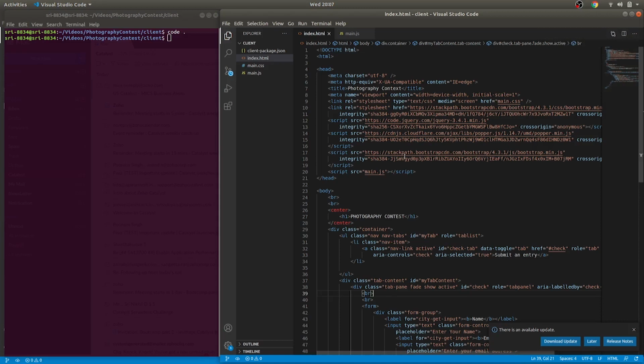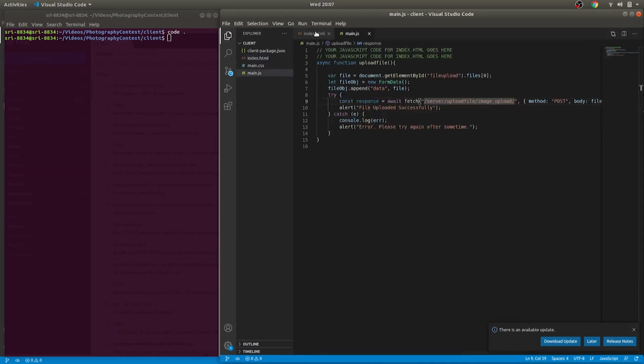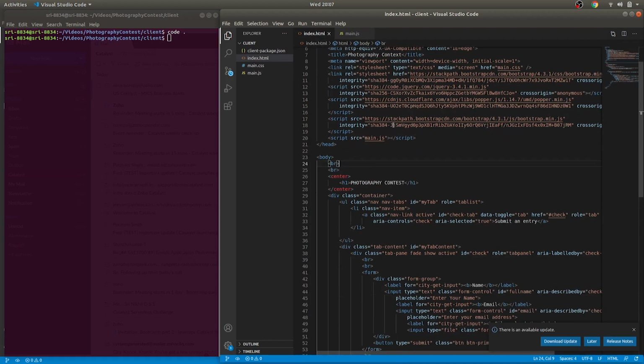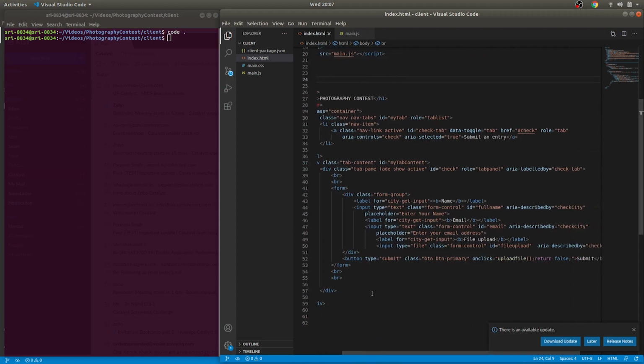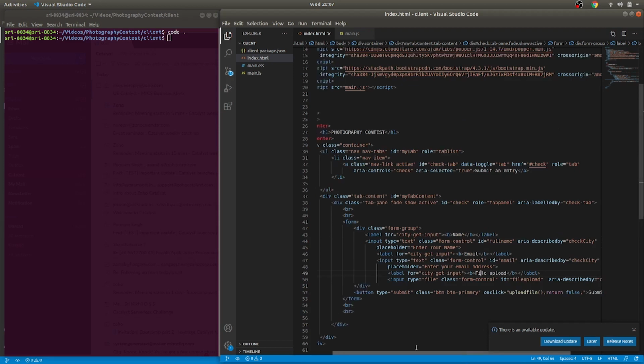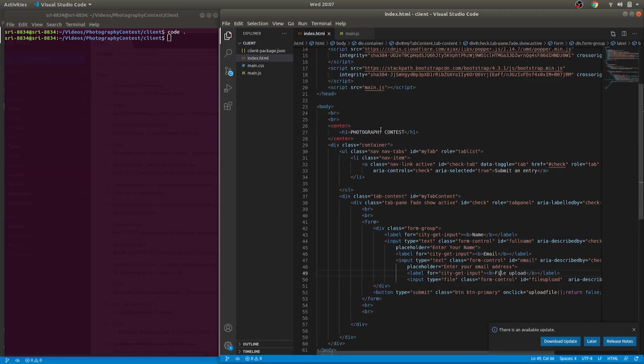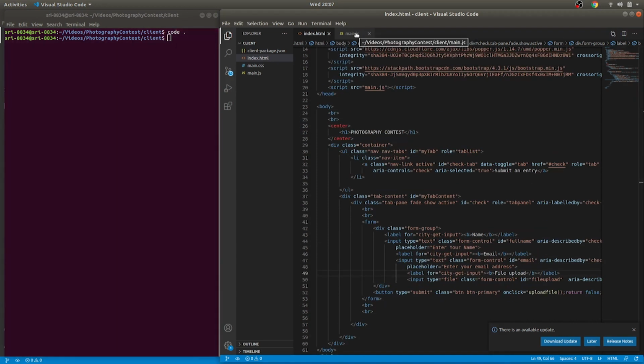So now I've configured the index.html and main.js file. This is going to be very simple. I've used the template that's available with us, but feel free to use simple HTML buttons and input fields. As you can see here, I have used 3 fields. One is to get the username. The second is to get their email address. And the third is to get their file, which needs to be uploaded to Catalyst File Store. I get these 3 details, and the rest, as you can see, I have a header, I've created a tab, things like that. I'll show you a demo of the web client in a few minutes, but before that, let's check out the